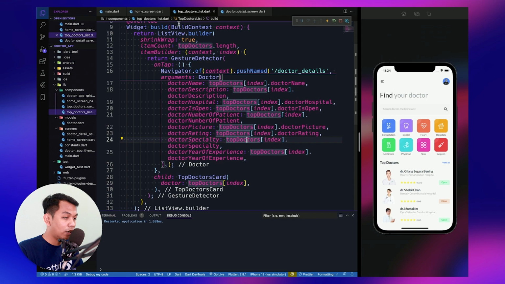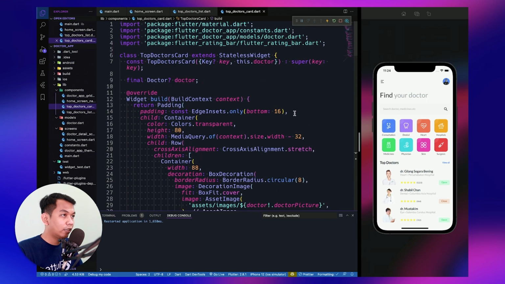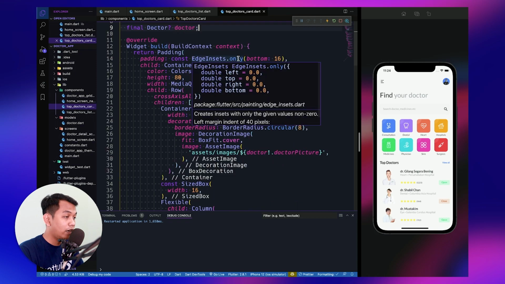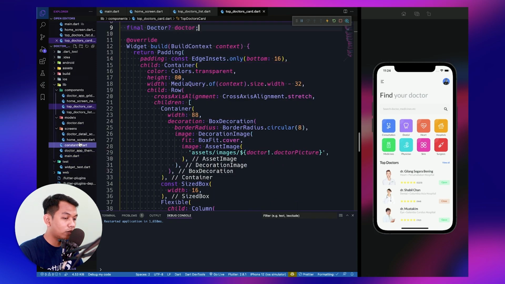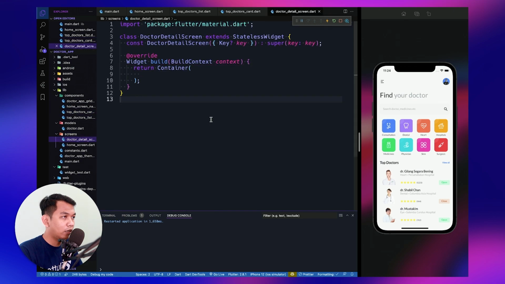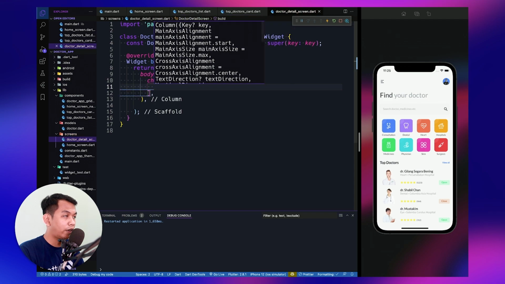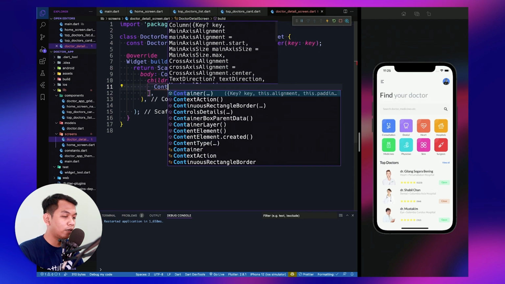And let's go to our top doctor card, and inside our top doctor card, as I said, I have selected doctor here, and look like this. And now we need to go to our doctor detail screen, and inside it we say Scaffold, and for the body, we use a Column widget, and the Column widget has children, and the first widget is a Container.